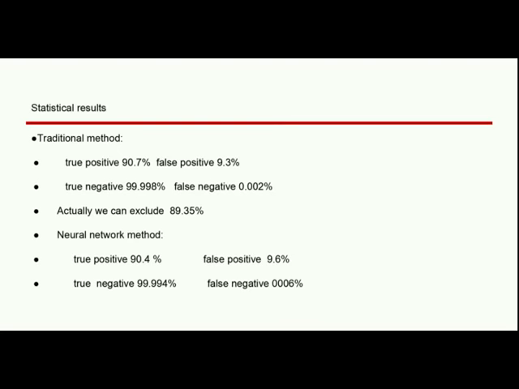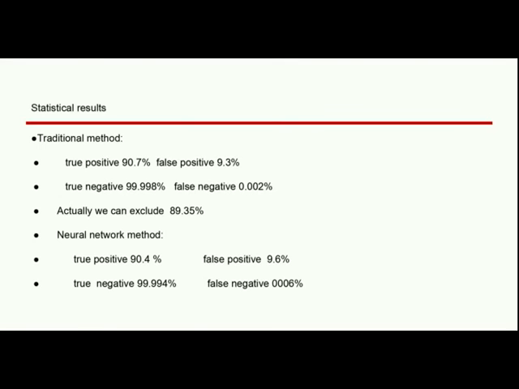Doing the test for several images, we get the statistical analysis. Also, there are some false positives. The false negative percent is very low. It means that almost all positive areas are detected, and we can actually exclude nearly 90% of the areas which can't be bird nests. Even though the performance of the neural network is not better than the traditional method,